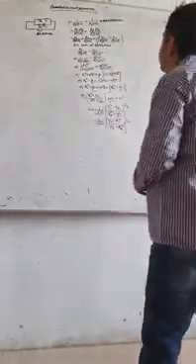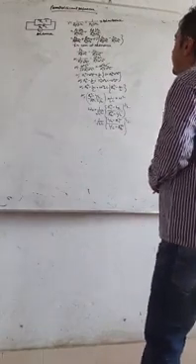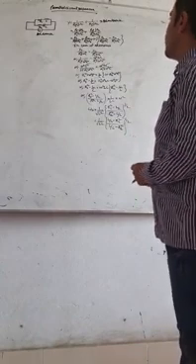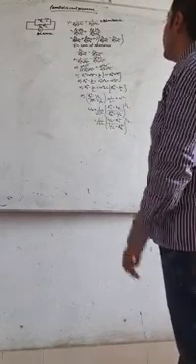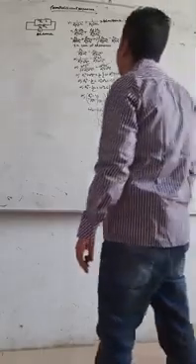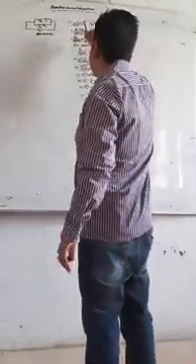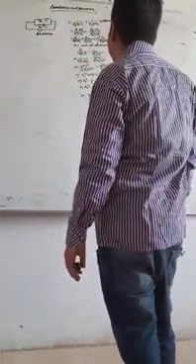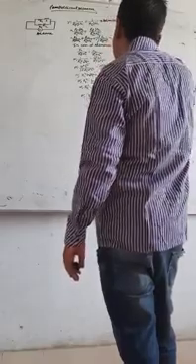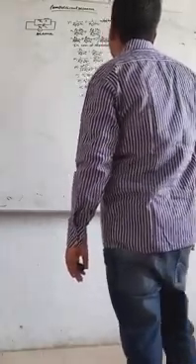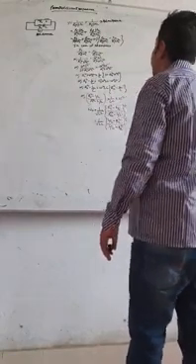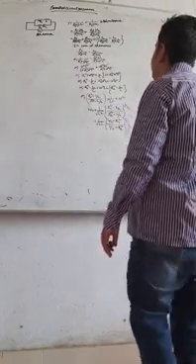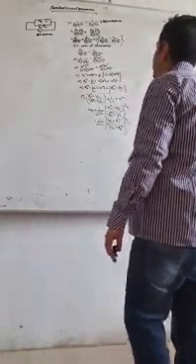Because resistance and inductance are in series, and resistance and capacitance are in series, but these two combinations are in parallel with each other. In the first case, multiply the denominator and numerator both with R minus JXL. It will become (R minus JXL) divided by (R square plus XL square). In the second case, multiply numerator and denominator with R plus JXC. So it will be (R plus JXC) divided by (R square plus XC square).